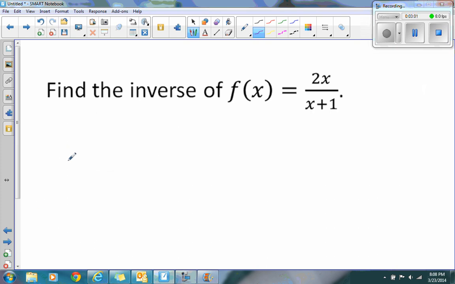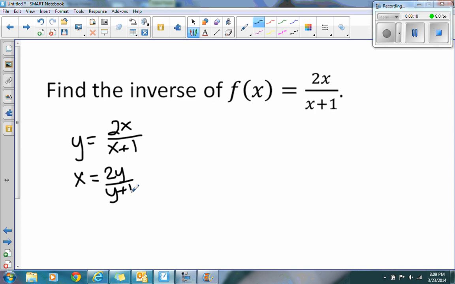If we want to find the inverse of a function f of x, remember we start by rewriting f of x as y. And every place there's an x, you put a y, and every place there's a y, you put an x. After that, you solve the new equation for y. That means we're going to multiply both sides of the equation by the denominator, y plus 1. We're going to get to distribute